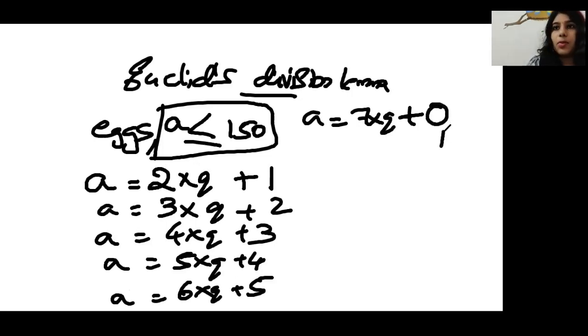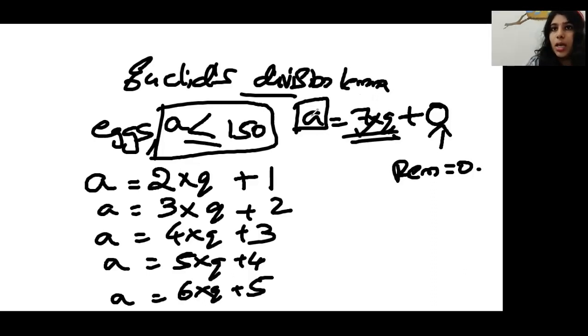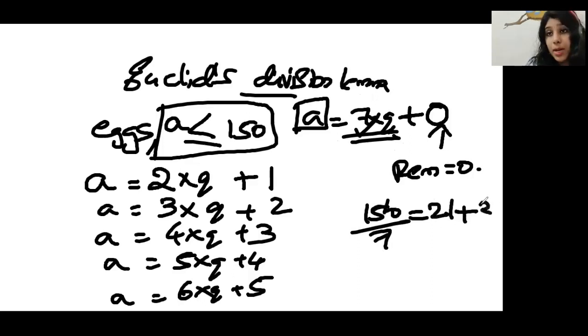0 remaining means what? The remainder is 0. That means this is a number which is purely divided by 7. Is it so? Yes, because 7 is a multiple. When you divide with any number, the remainder should be 0. If we are taking 150 divided by 7, do we get a number with remainder 0? No, 7 is not purely divisible. 7 2s are 14 and 1 is remaining, 7 1s and a point something will come, means plus 3 is remaining again. 21 into 2 plus 3 is remaining. We cannot do that.